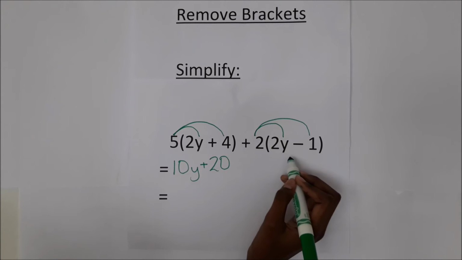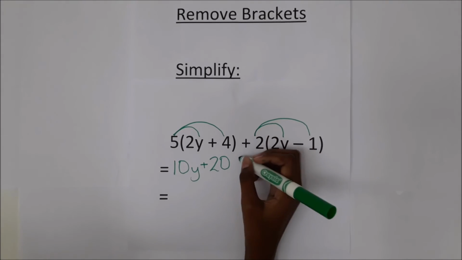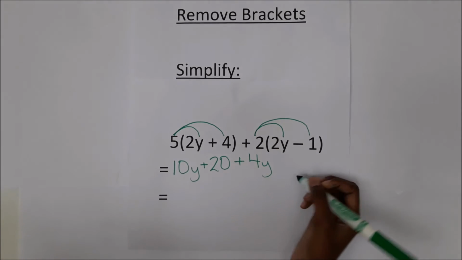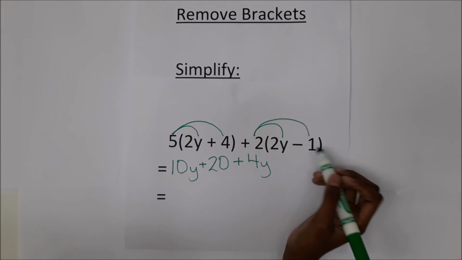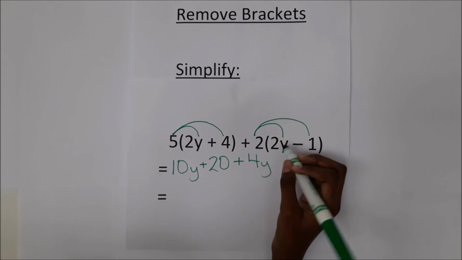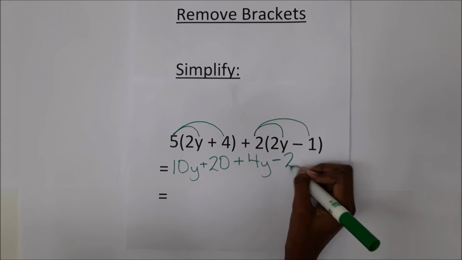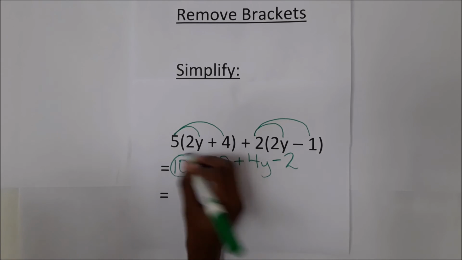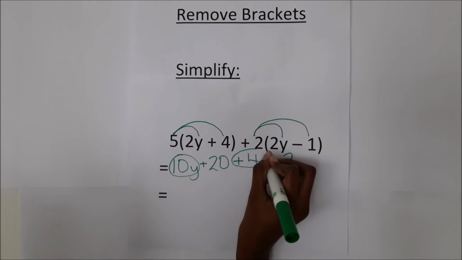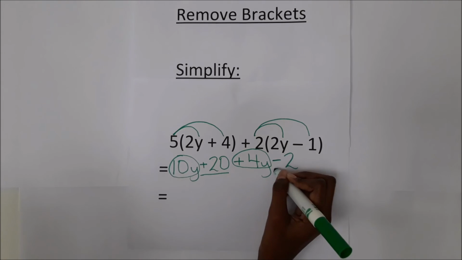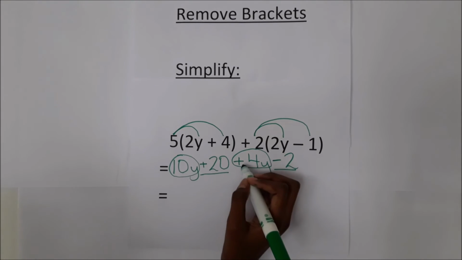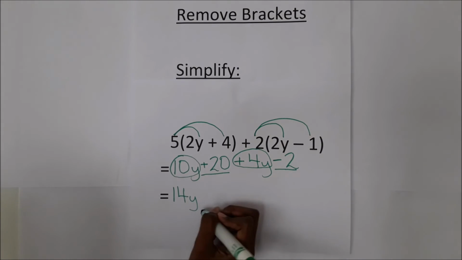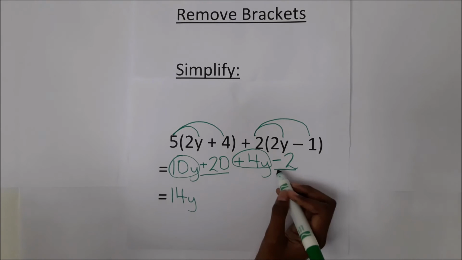Positive 2 times 2y is 4y. Positive times negative is negative. So negative 2. Circle all the y's, 10y and 4y, and underline the numbers. 10y plus 4y is 14y. 20 minus 2